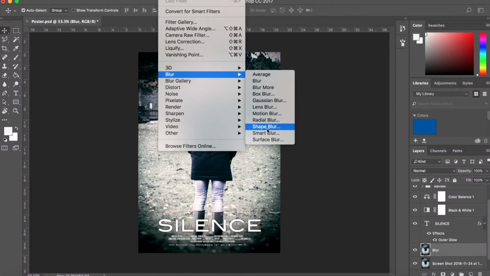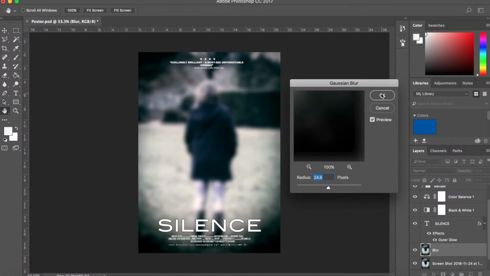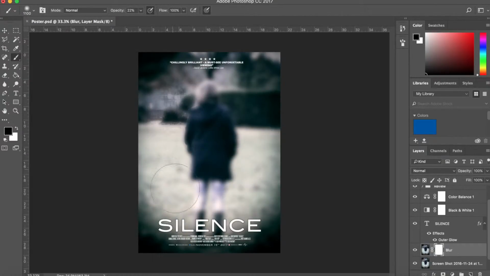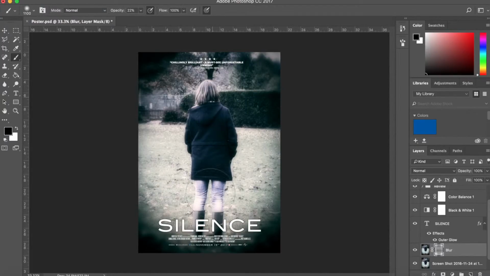I added a Gaussian blur effect on the duplicated layer to make the edges fade out and applied a layer mask to remove the blur effect from the central image. I carefully reduced the opacity of the brush to create a seamless transition from the focused image and the blurred edges. This effect was used so that the text in the building block could be easily read while simultaneously adhering